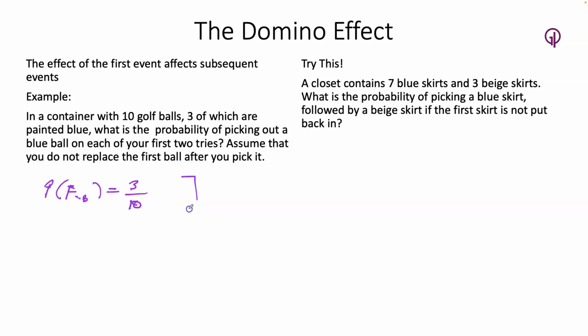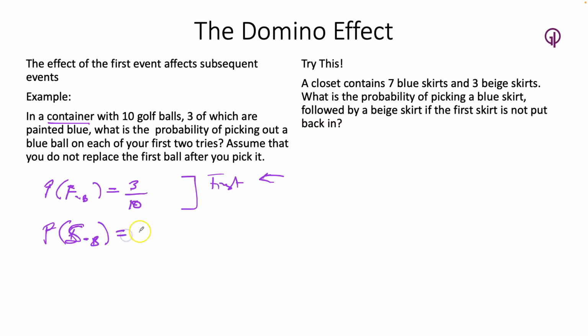Now remember here, once you pick the first ball, you cannot replace it or put it back into the container. Okay, and so that ball is gone, and you pick. Probability of picking the second ball